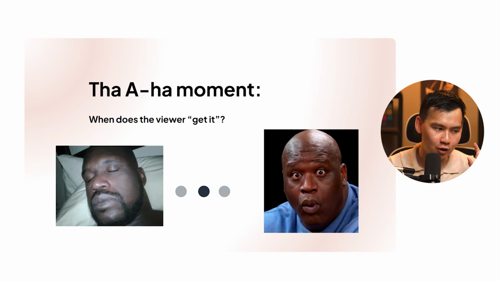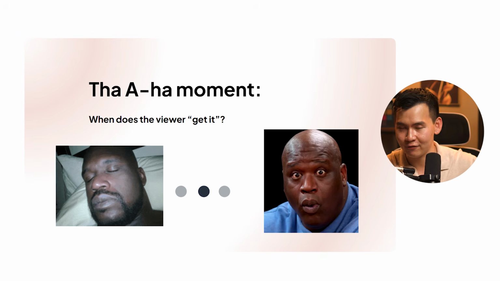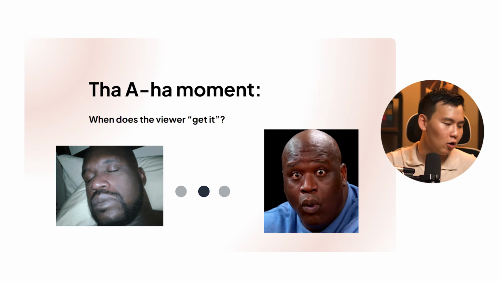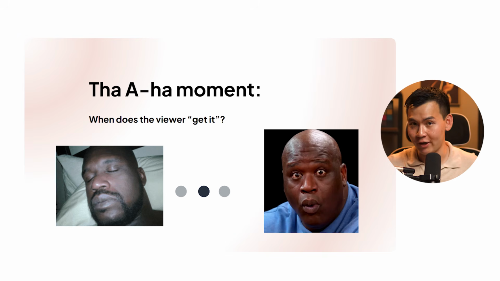And maybe you could create that light bulb moment in the first 3 minutes, which will require a completely different script, or it could be at the 15-minute or 20-minute mark if it's a much longer video. Where you decide to put this aha moment, where the viewer feels they've gotten a certain transformation, or it clicks for them, will determine how you actually write your script. So it's important to decide this before you write your script and start prompting at all.